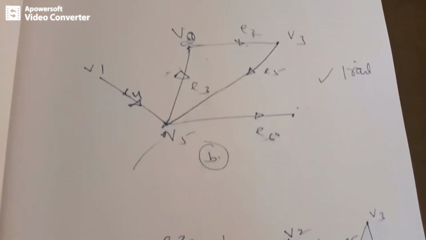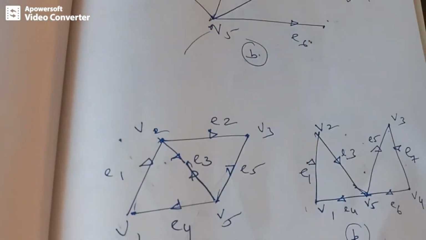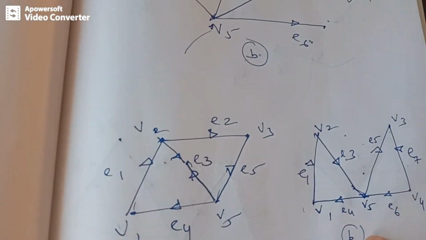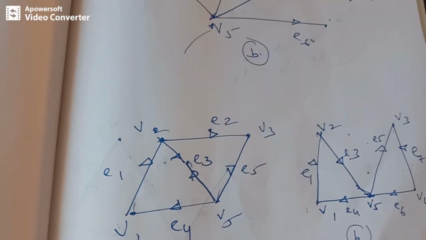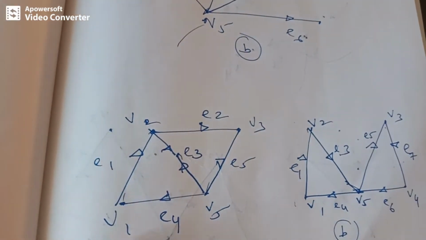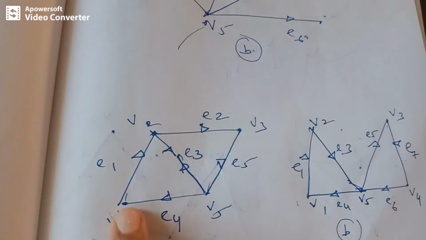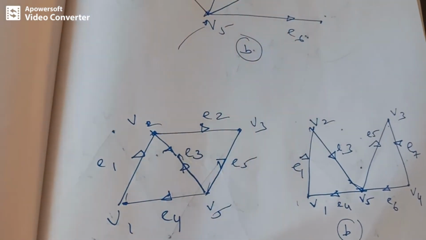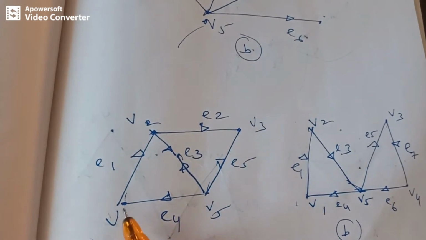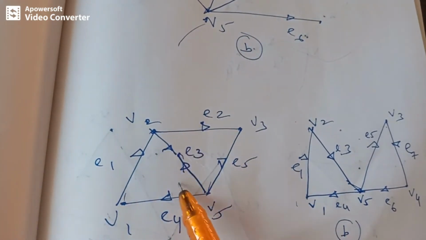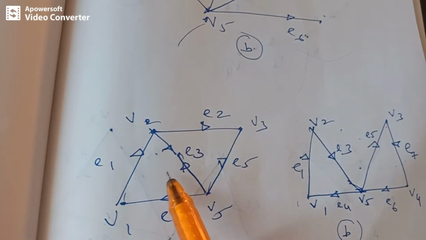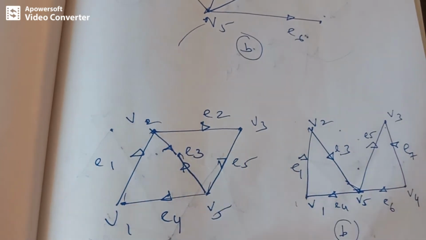So next, let's see about circuit. I am taking this example. Let's compare which one of them is a circuit. As you know, by the definition, a circuit is a closed walk. If you take this example, is it a closed walk? First of all, we need to check for determination of circuit. We start with V1, E1, V2, E3, V5. Again, E3 is being repeated. Edges are repeated, so it is not a circuit.